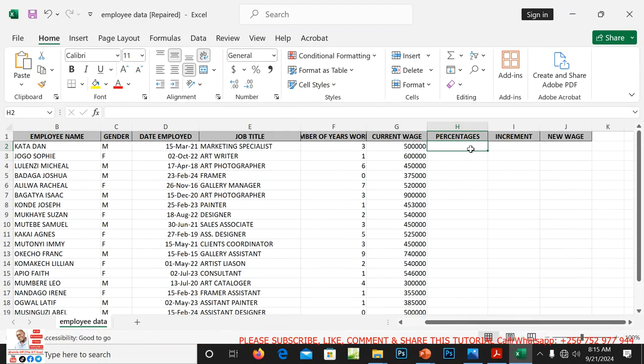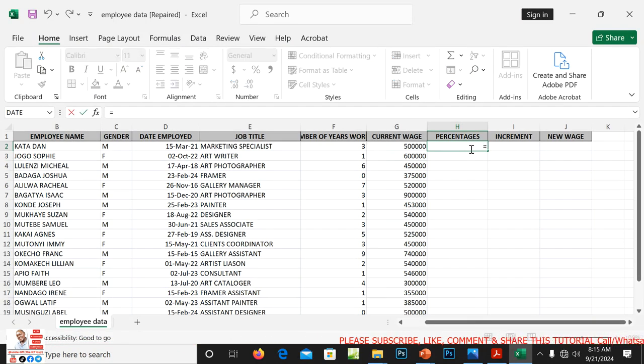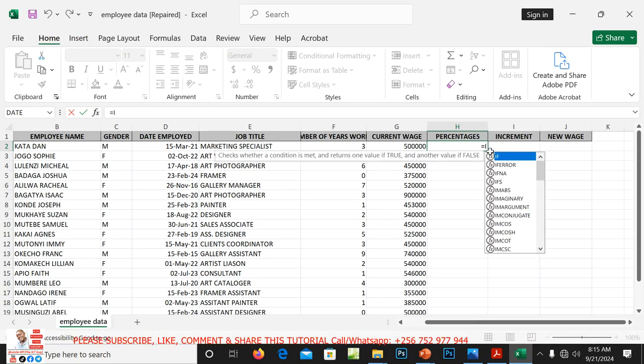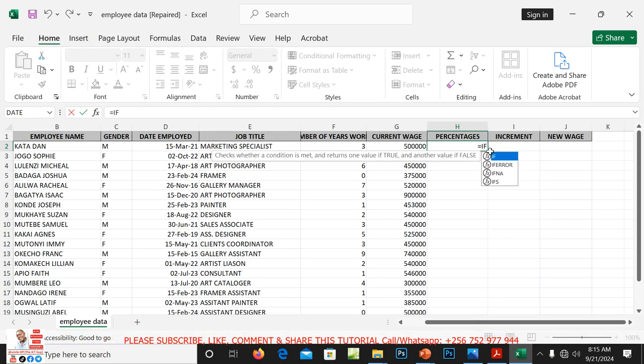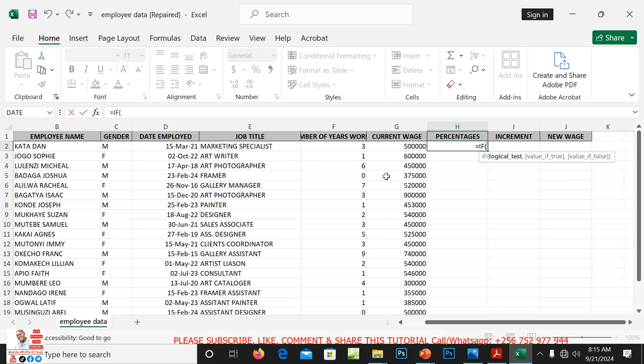Yes, so here I'm going to use the IF function. I'll say equals IF, open brackets. I'm going to base on the number of years, so this is F2.